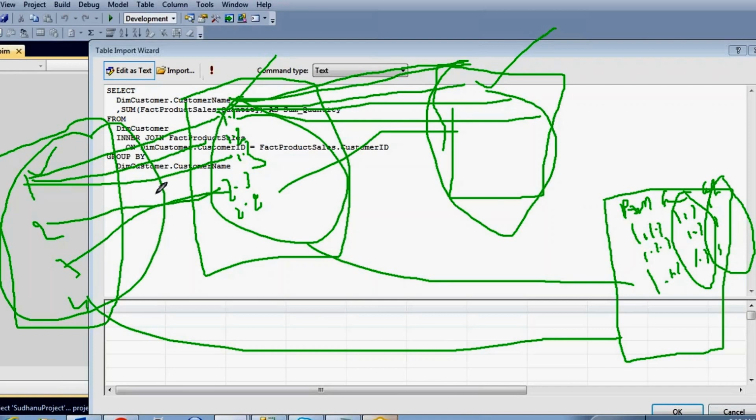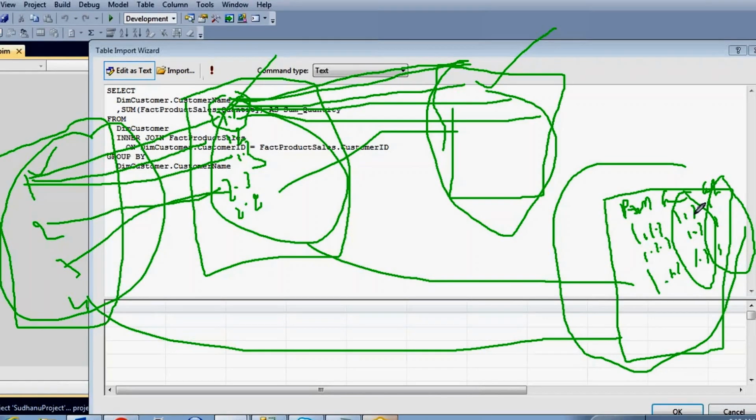In that situation, what will happen? In the subcategory table, I'm going to maintain 1.1 how many times? Obviously one time only, right? In the dimension tables each record is maintained one time only. But if you want to make the relationship with the fact table, then this 1.1, how many times are you going to maintain? As many times as the number of transactions happening.